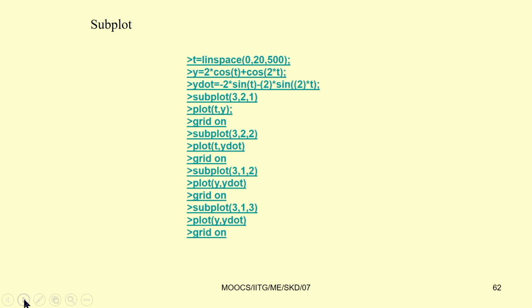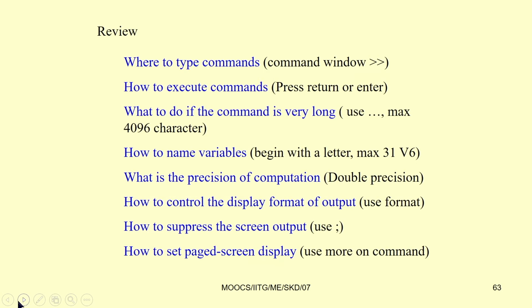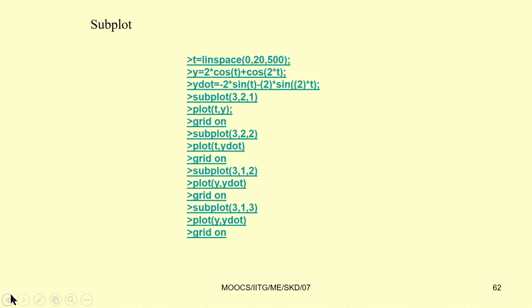So, this is the demo for today's class. Next class we will give some more demo regarding this MATLAB, and also we will study the numerical method, that is the Runge-Kutta method, in detail, and also the straightforward expansion and Lindstedt-Poincare method to find the response of the nonlinear equation of motion.